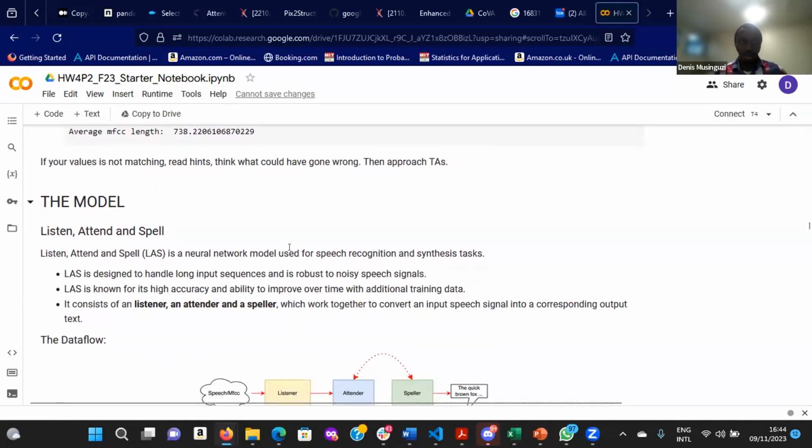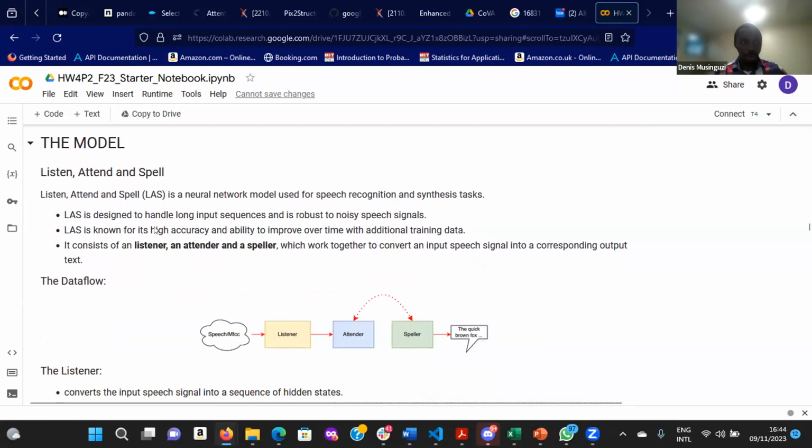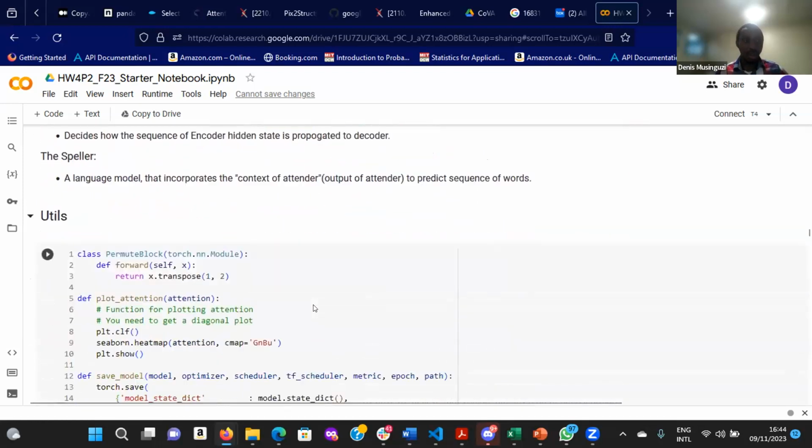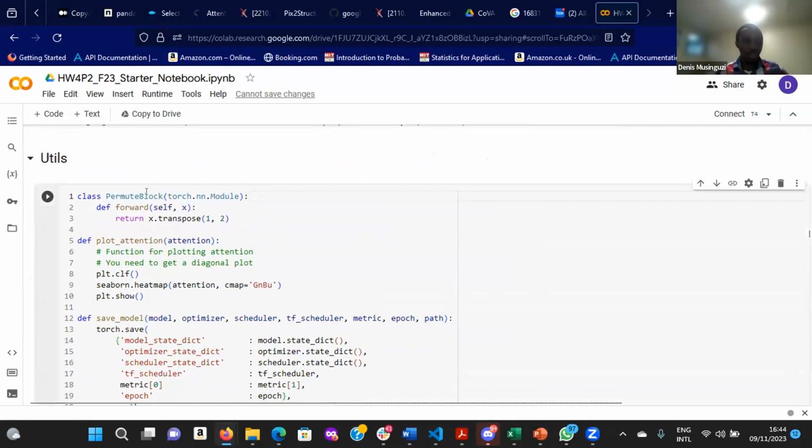So now we're going to move on to the model. As I had said earlier, we are attempting to use the Listen, Attend and Spell model, but in this case, we're going to replace the listener that they used in the original paper with a transformer encoder. So here we provide a class PermuteBlock, which is used to